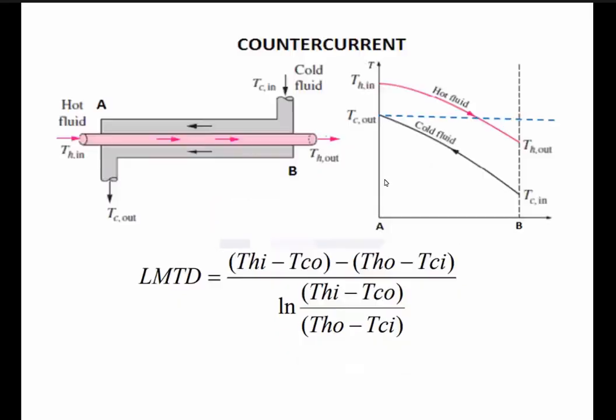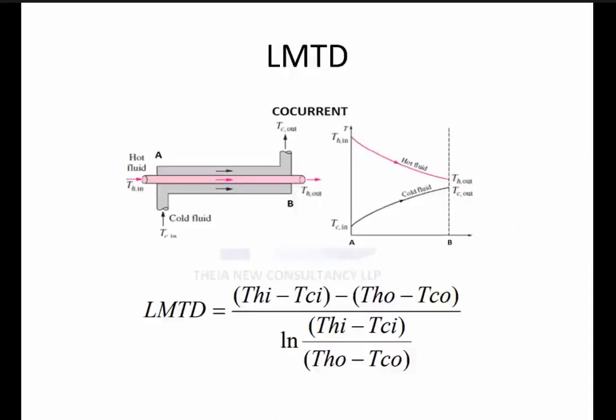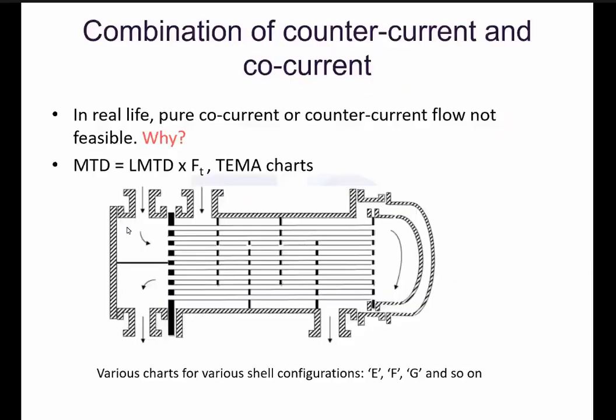Now, this is what you learned in engineering. Practically, is it possible to have a true counter current and co-current or parallel operation in your exchangers? To be very frank, no, it is not possible. It is possible if you have a single tube exchanger, which is called a double tube exchanger. Or you need a special F-type exchanger, which is also possible to some extent. But practically, in your exchangers, it is not possible to have pure counter current and pure co-current.